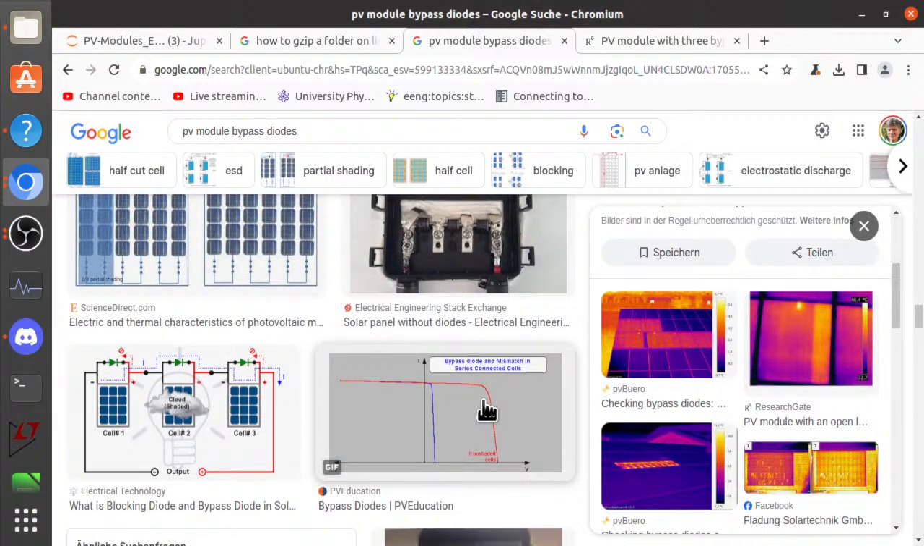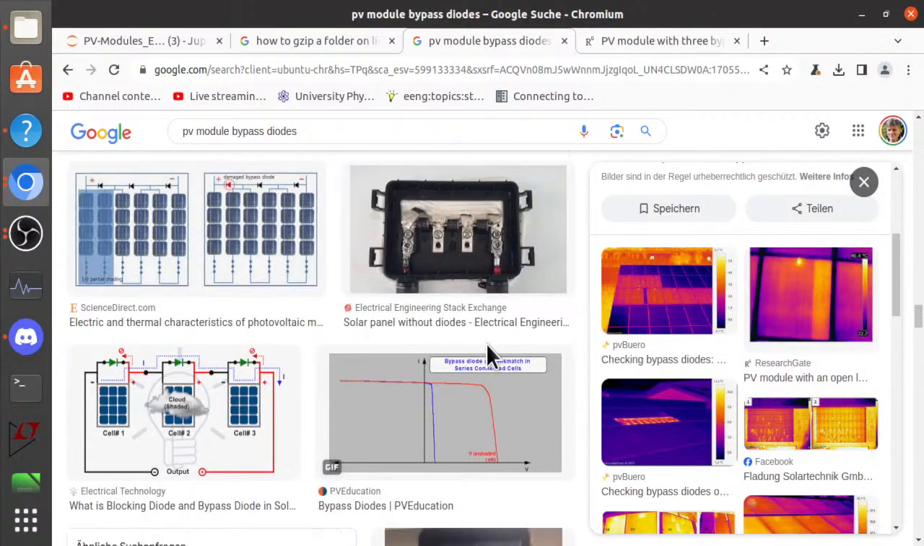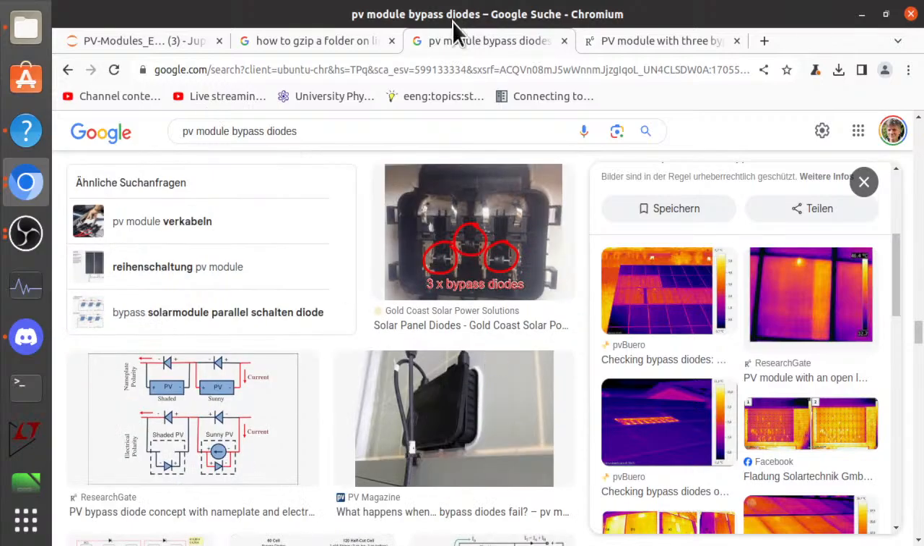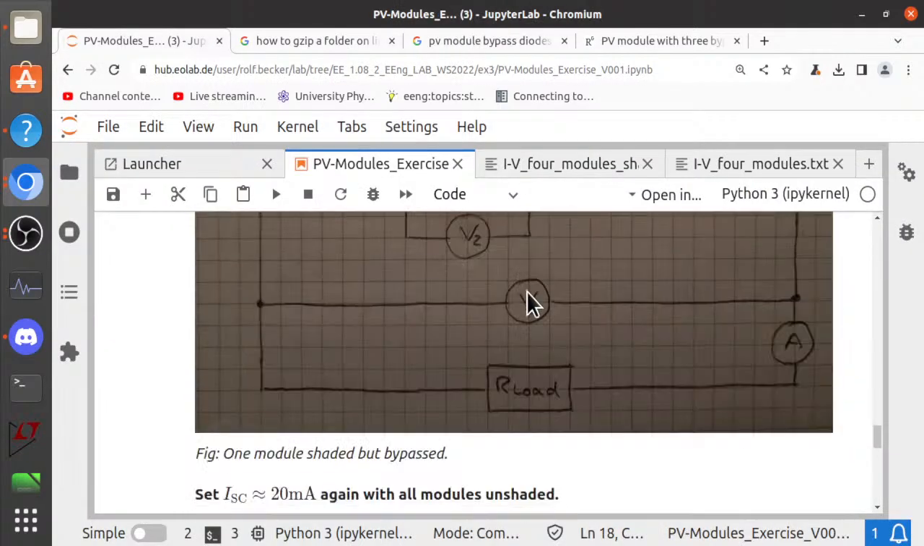And these diagrams you already know, right? You see it's pretty common. Here are the bypass diodes, which are then connected to the cell internally. Okay, this is how it's done technically. So this is now, and what now happens is,